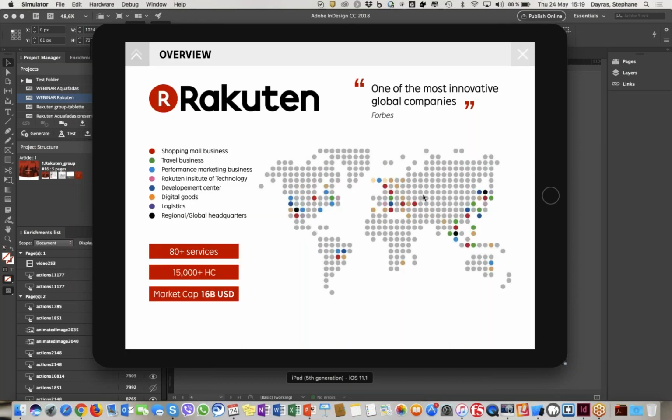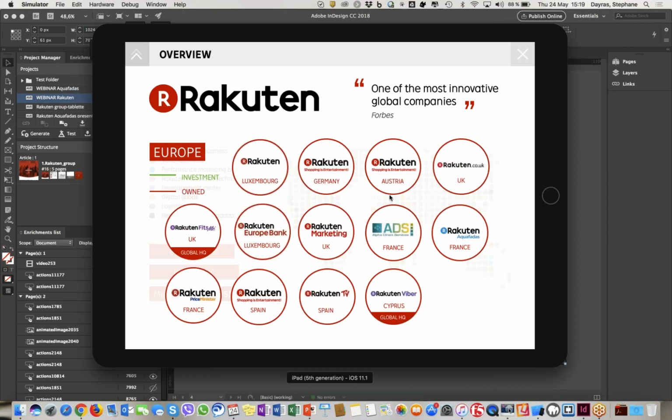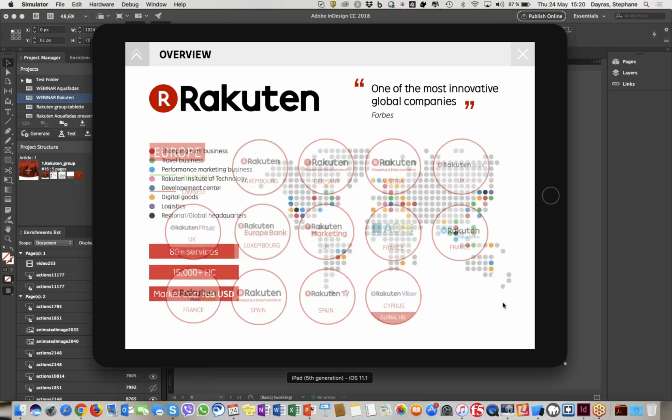But if I swipe and move down, I can see now a world map which is animated with some colors. If I click on some regions, I will see all the Rakuten business units or daughter companies which are available in that region, like Rakuten Aquafadas, but also Price Minister, which is now Rakuten France, as well as Viber and other business units.